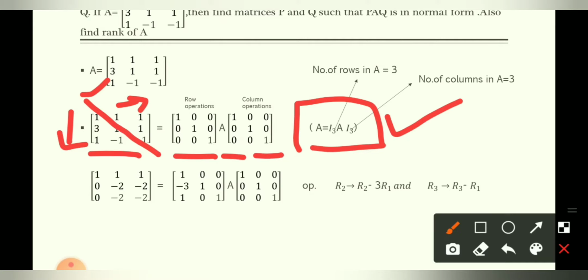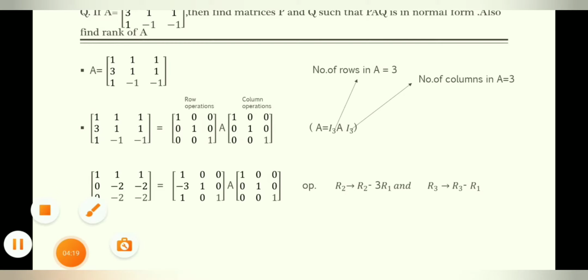When you perform different operations to make the elements 0, you will perform the same operation on the other matrix. If you are performing a row operation, then you change this matrix. If you are doing the question using a column operation, then you use the column operation on the other matrix. So for the two operations you have different matrices. Row operation should be done on the first and column operation should be done on the second matrix. So let us see how it is done.